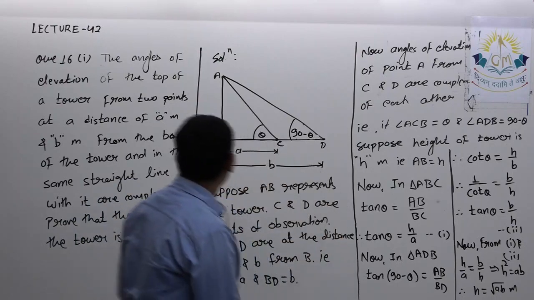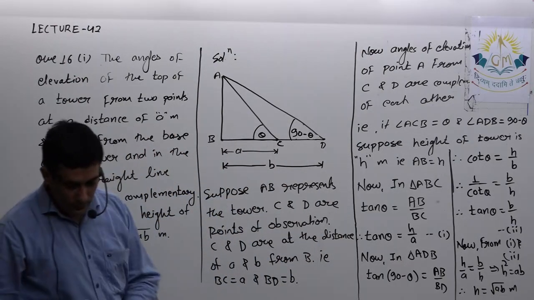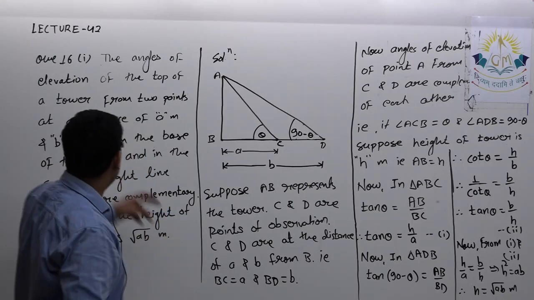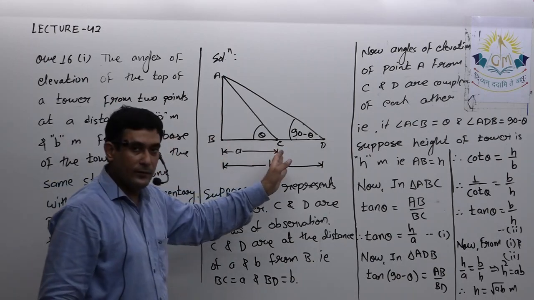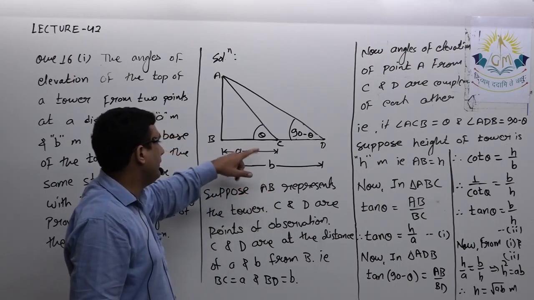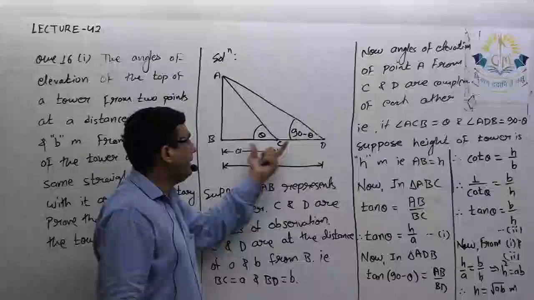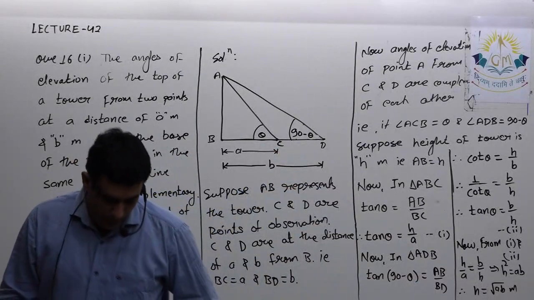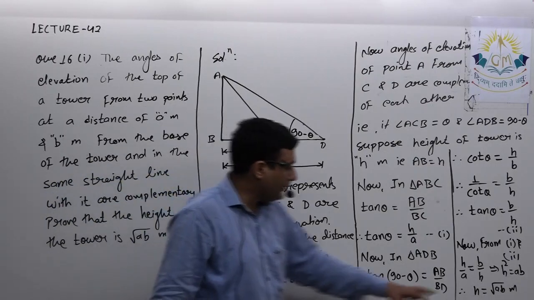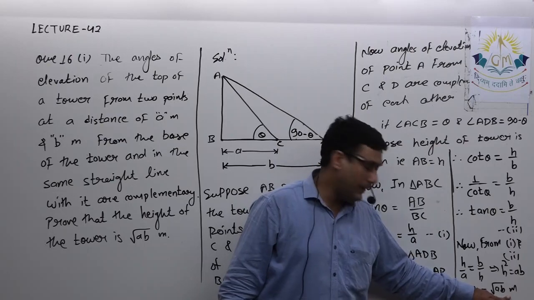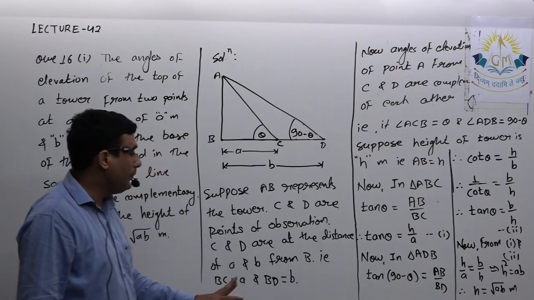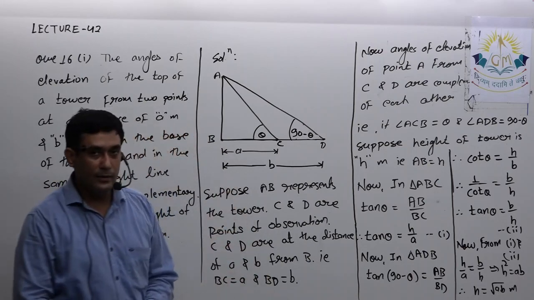Okay, now next question we'll just discuss second part of the 16th. You can see it is exactly based on this question. Over here again the angles of elevation are given which are complements of each other, and instead of giving distances as A and B, it is given that points are at a distance of 4 meters and 9 meters. So you have to prove the height of the tower will be 6 meters. Obviously, if I put A equal to 4 and B equal to 9, this will become root 36, and hence the height of the tower will be 6 meters.